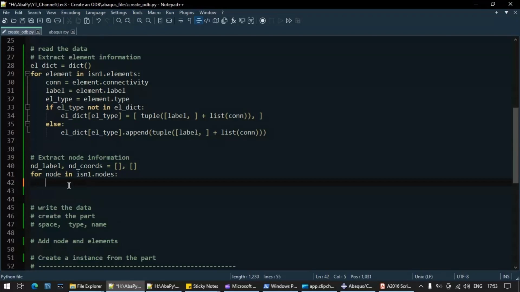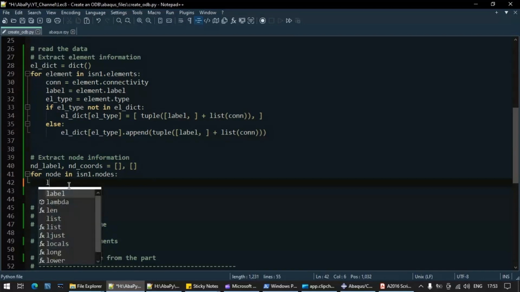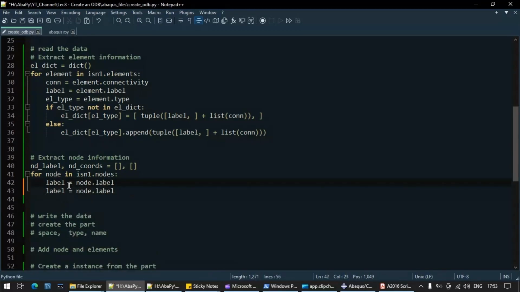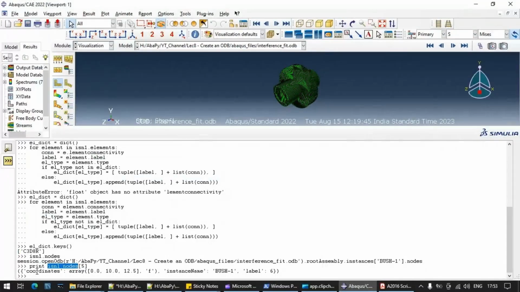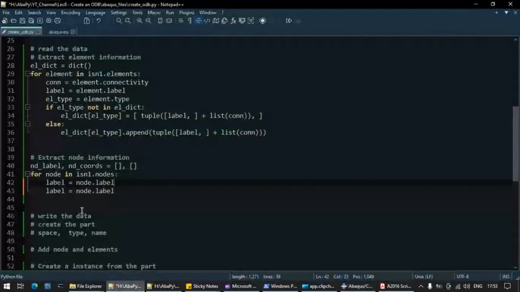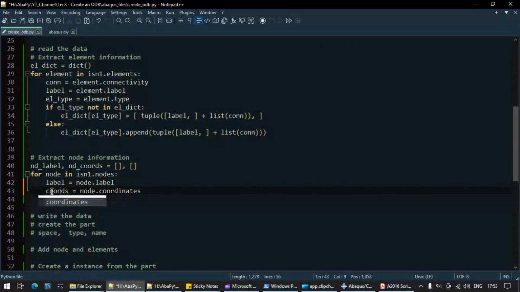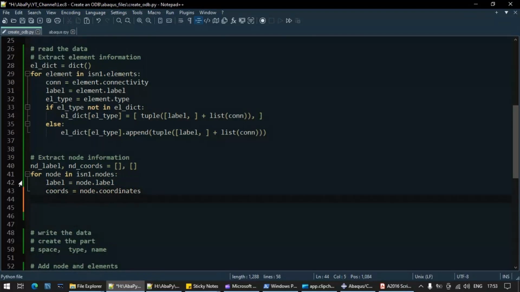Again, what information do we extract? First we will extract the label, node dot label, right? Then another piece of information we require is the coordinates. Right, now let's add this label into this list.